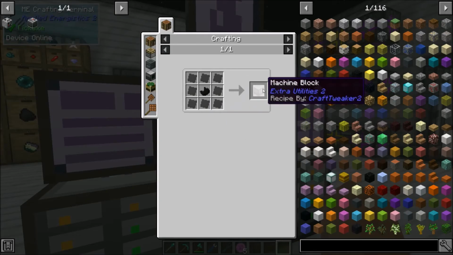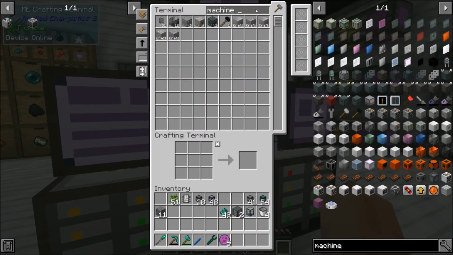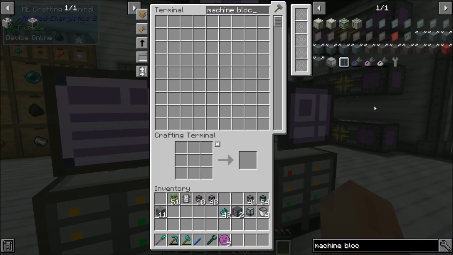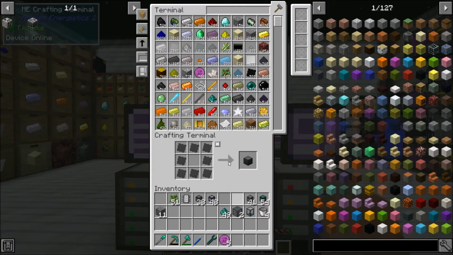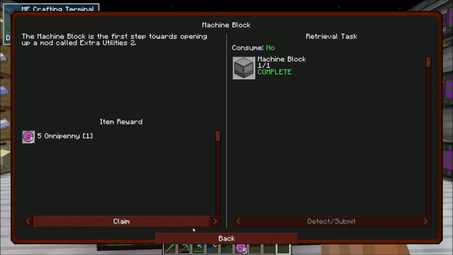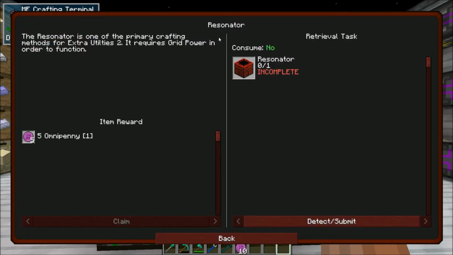I think it shouldn't be too hard to make. Machine block, sure, that seems very easy. We're just rocking through quests today. That is kind of our game. We haven't done that in a very long time. It feels good to just power through them. Okay, and this is going to get into getting actual grid power